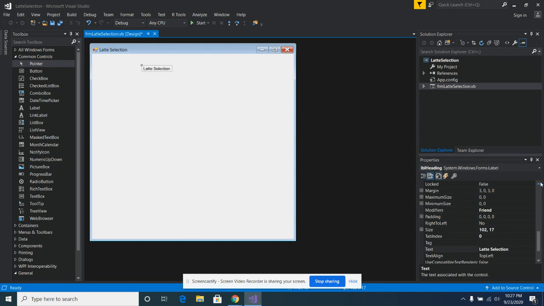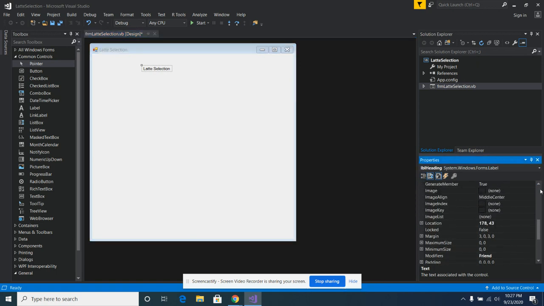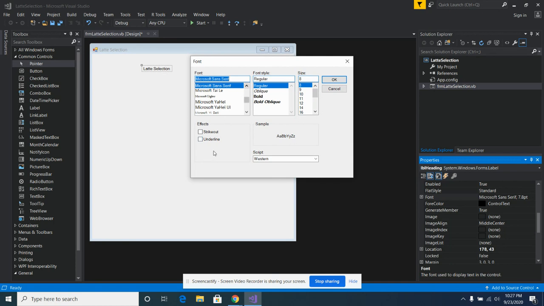So click on this again, and we want to change the font. So I'm going to click on the font here, click on the three ellipses, and this will bring up our font dialog box. Let's see what it wants us to change it to. It wants us to change it to Tahoma. It doesn't really matter what you select here. And so we're going to say Tahoma,